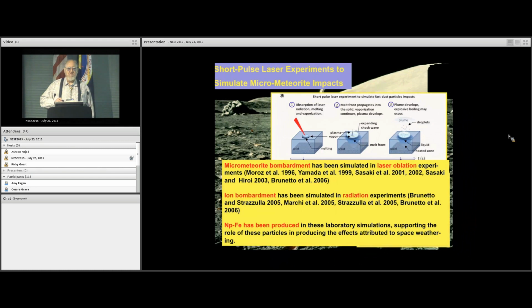However, in all the millions that NASA has spent on SBIRs to make nanophase iron in lunar simulant, no one has duplicated the vapor deposited rims on lunar soil particles. So that means that a lot of this nanophase iron money that was spent could perhaps be better spent